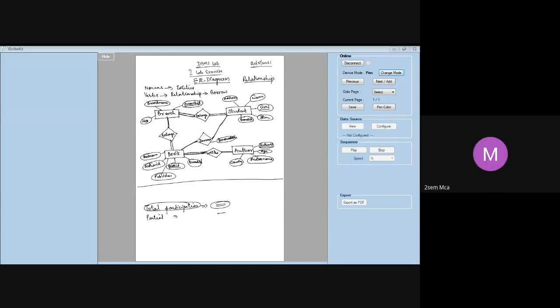Excuse me, ma'am. Yeah, Raman. Ma'am, for deciding total or partial participation, should we focus on what is given in the question? Yes, we have to follow. Generally, they leave it to our assumption. They will not give that, because given the application, you should be able to logically analyze whether it should be partial or total. For example, here, branch and student: we have made both total. It is basic common sense that every student should belong to a branch. Is it not? Yes, ma'am. Yeah, that's how we decided.